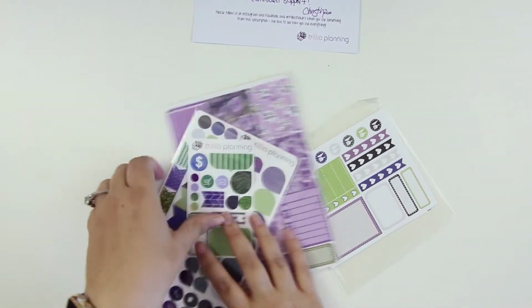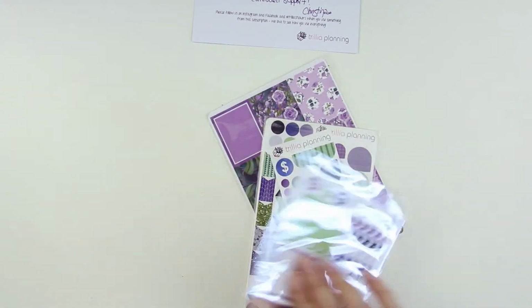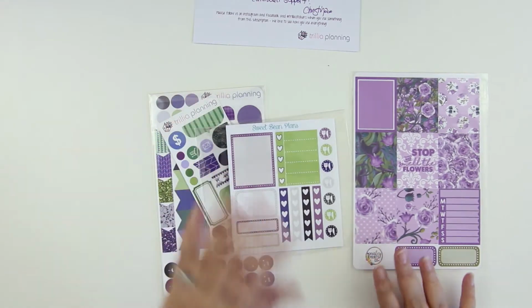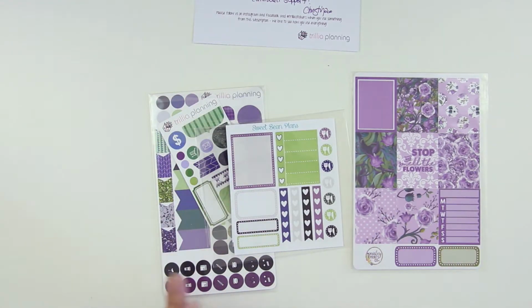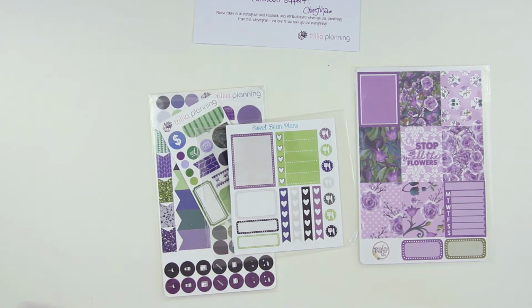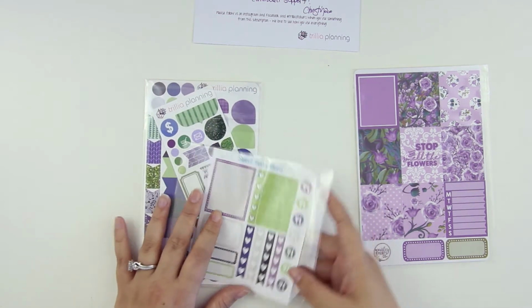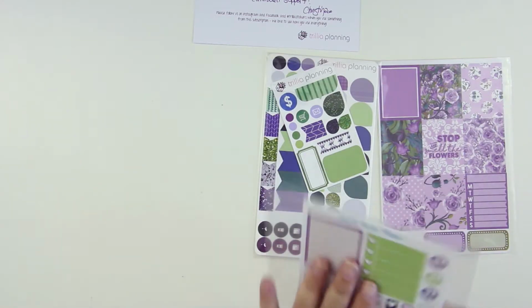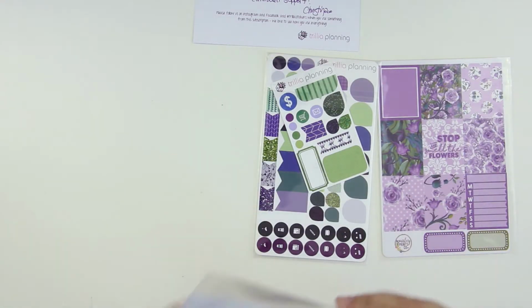Okay, and it looks like everything is themed really well, much like with her planning subscription. Each month usually has a color scheme. Shops don't always have to follow the color scheme exactly, but it is recommended that they do. So let's start with the little mini one, which is from Sweet Beans Plans,